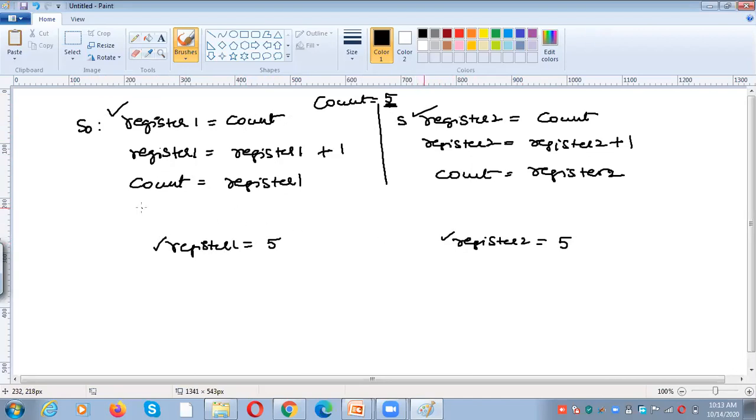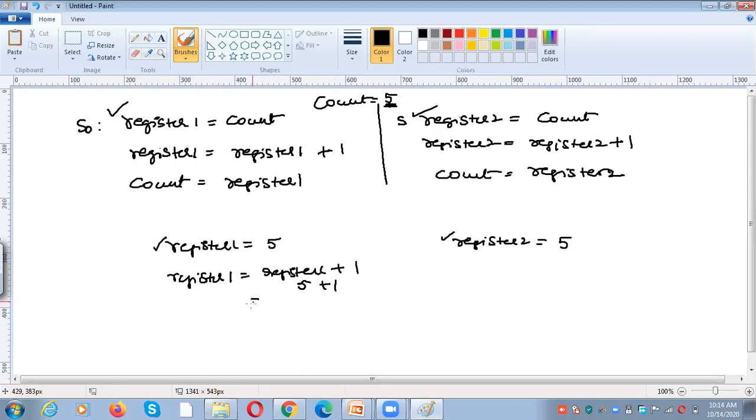You need to perform register 1 equal to register 1 plus 1. So what is the value of register 1? Register 1 value is 5. So 5 plus 1 is 6 here. That means 5 plus 1.